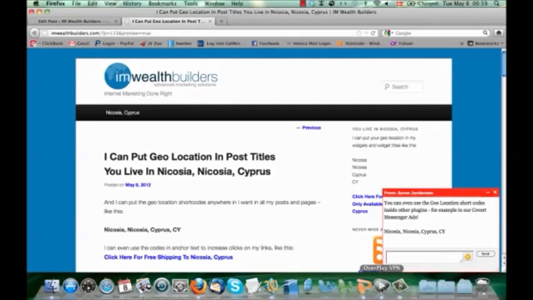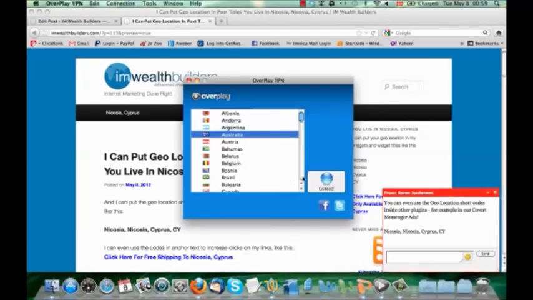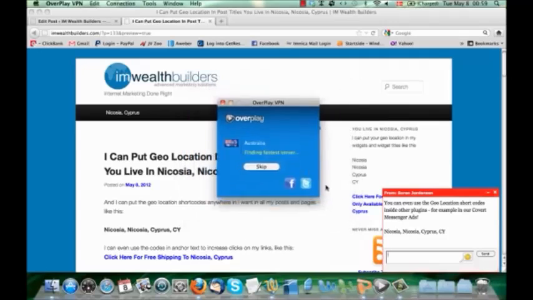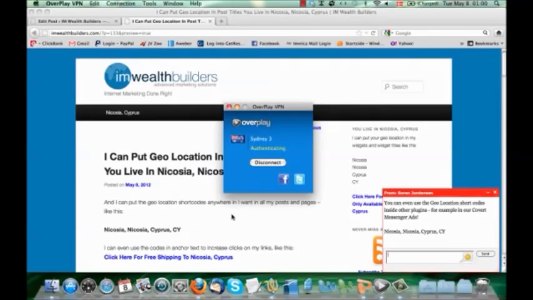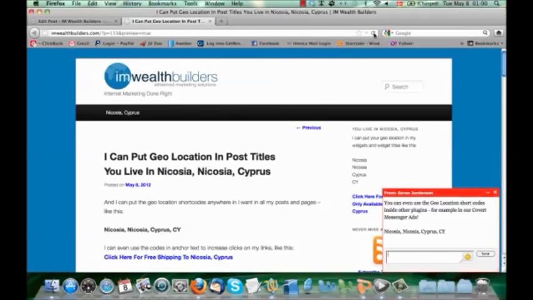But just to prove to you that this actually works exactly like I say it does, I'm going to use a VPN service to make it look like I'm in Australia, meaning that I will be on an Australian IP. And it says Sydney here.